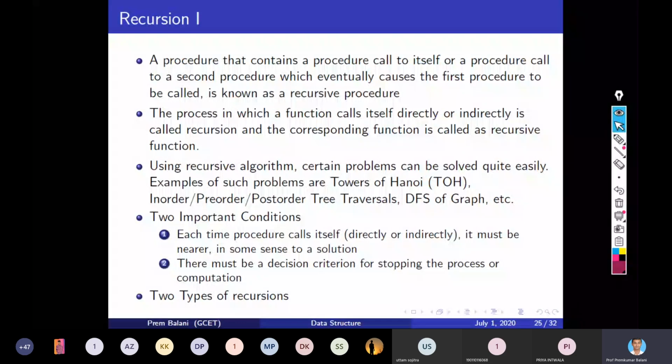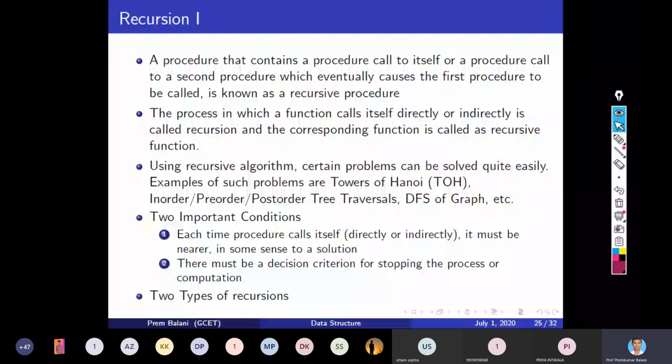Now, for recursion there are two important conditions which must be satisfied. The first condition is that each time the procedure calls itself, whether directly or indirectly, it must get nearer in some sense to the solution.